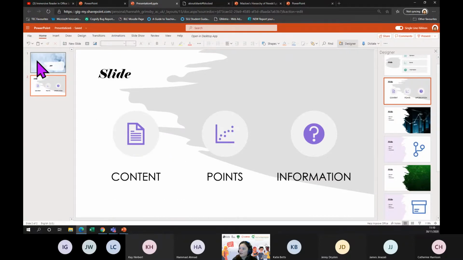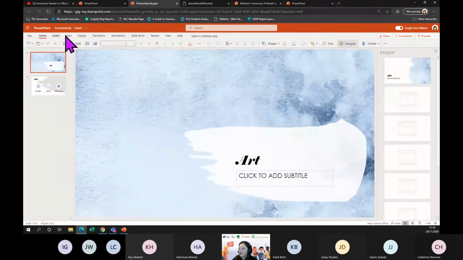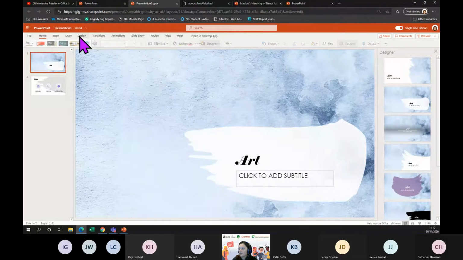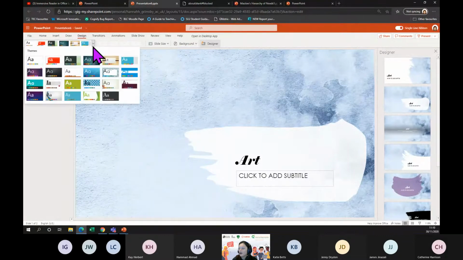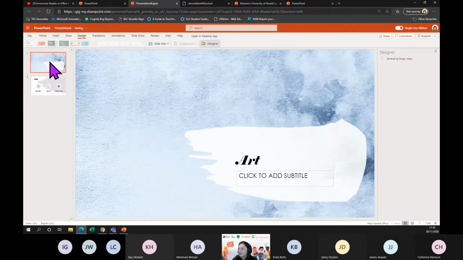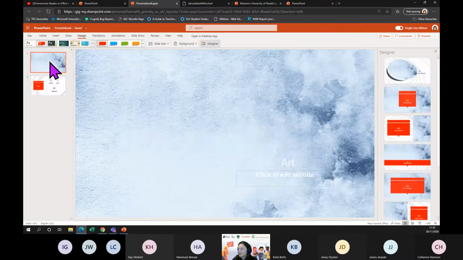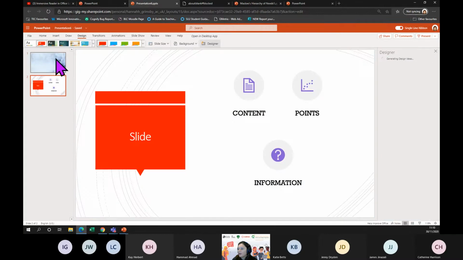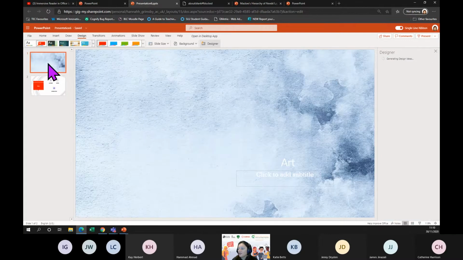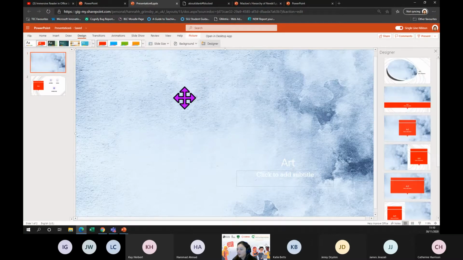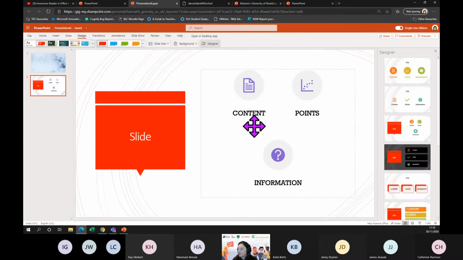Okay, if I wanted to, I can change the theme or the design at the top. So if I click on design at the top, I can change the theme of the slide in here as well. Okay, so if I went back to this one here, there we go. It's given me some different suggestions. Now, if you're doing this, it'll just change. It'll still probably keep that background image that you've selected on your first slide, but it will adjust things on your other slides. You'll just need to,